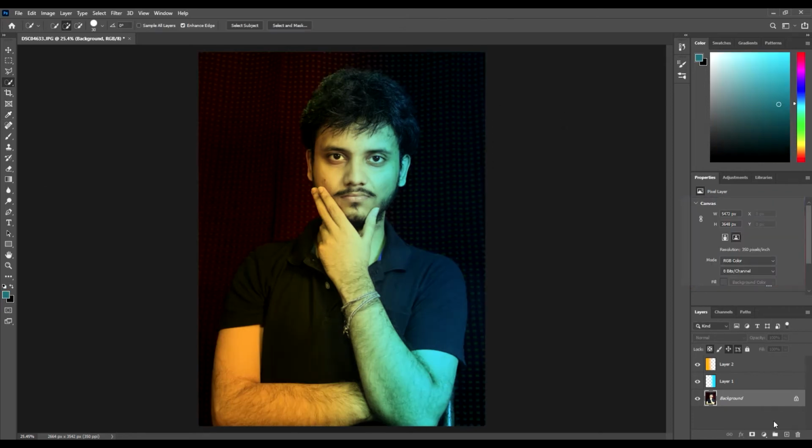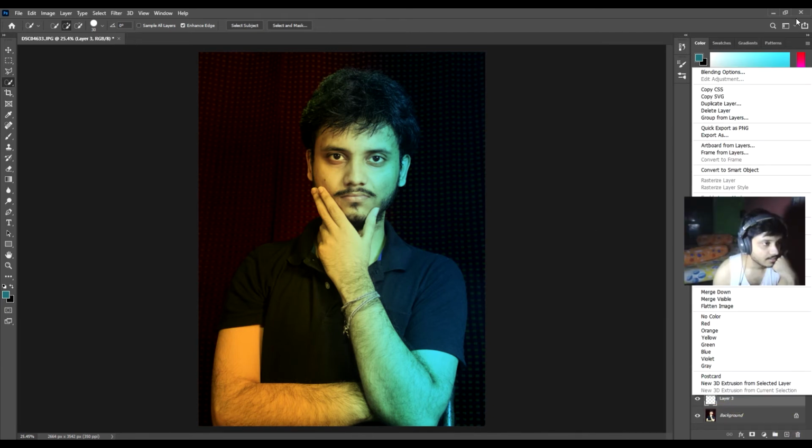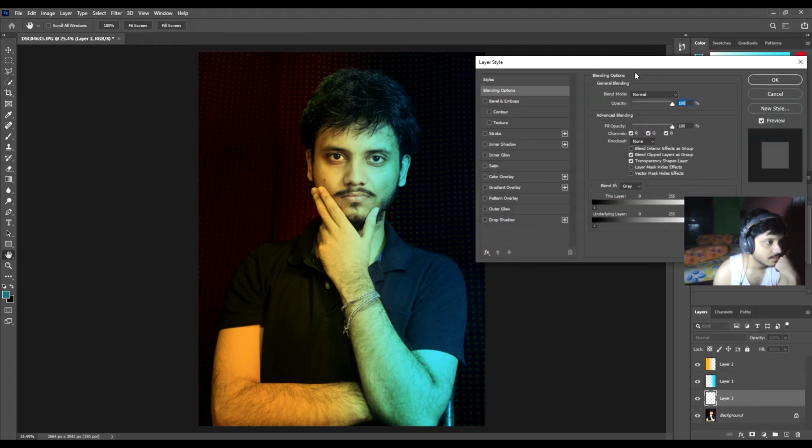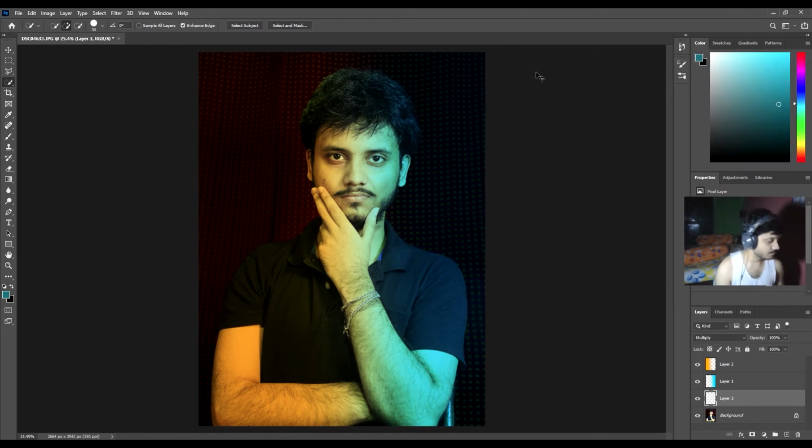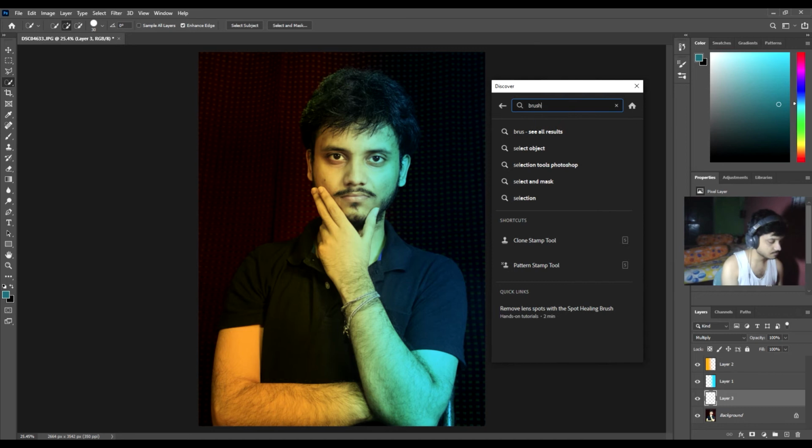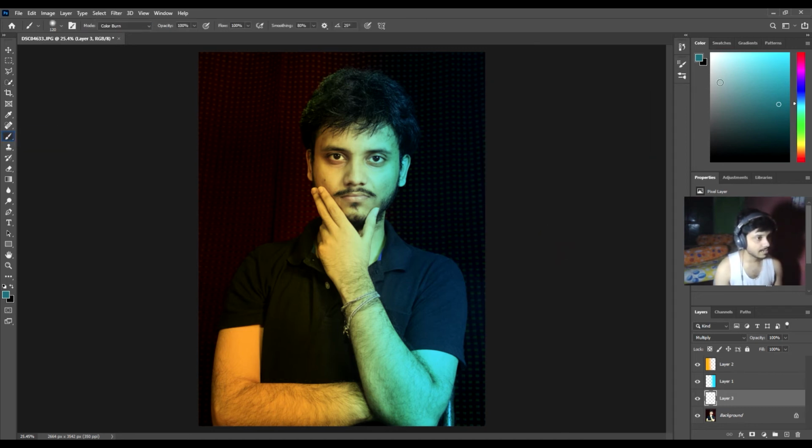Okay, so now I'm going to add some fine details to the image, like I'm going to make my hair and my shoulders a little bit more dramatic to make it feel a little bit more realistic, and this is going to actually make a separation between you and your background. And to do that, just follow the steps. If you want, just add another layer and click on the blending options from there, and from normal select multiply, press OK, and then press Ctrl F to bring up the brush tool is here, and now as you can see we can draw on the image.